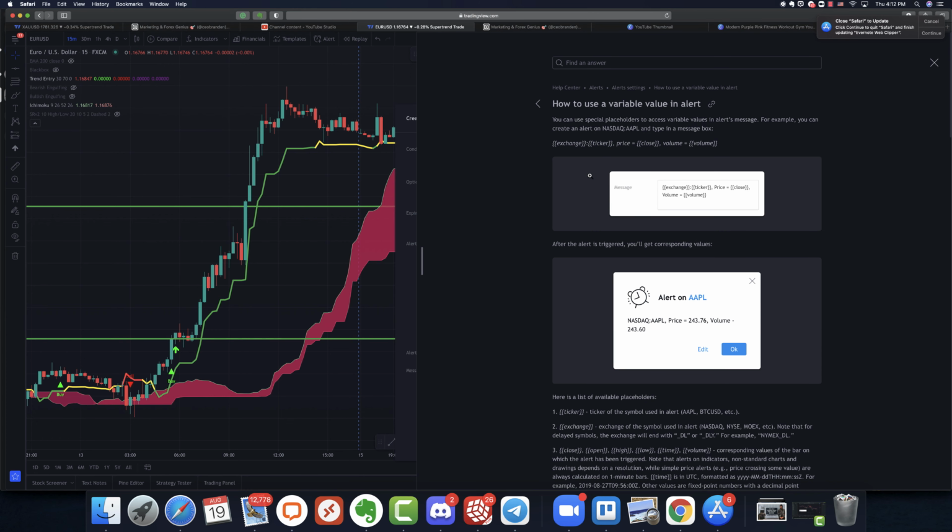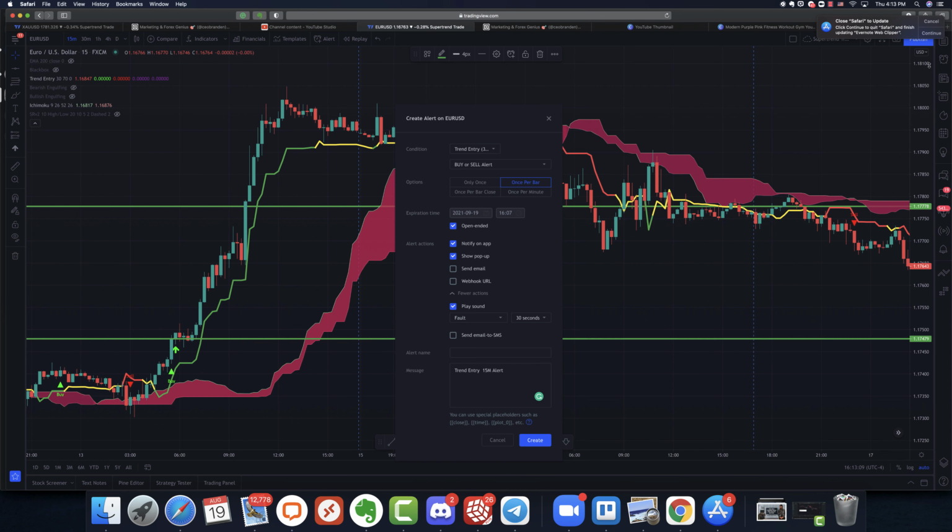And if you want to know the price, if you don't need to know the price, but you want the price also, you can have it like this, so you can grab this whole thing. That way, if you look at it late, you know when it called it, right? So let's say I don't really use this part, but if you want, you can do that. But let's say I just use this part, right? Because you already know what the price was because you can see it right here, so it's kind of pointless, right? So let's say I just took the ticker, and I say I did this 15-minute